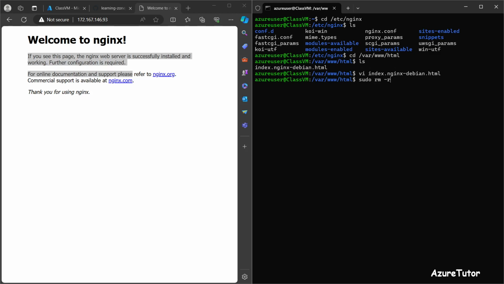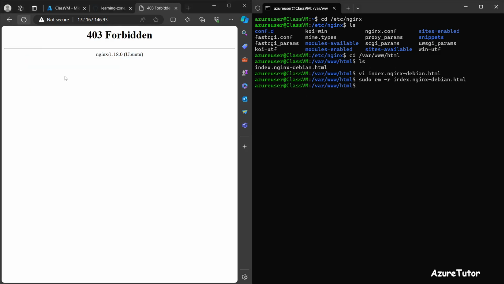Let me remove index.nginx-debian.html. Okay, good. If I refresh this, I should see forbidden. That's good. So I can now move what I have, but before that, I need to quickly